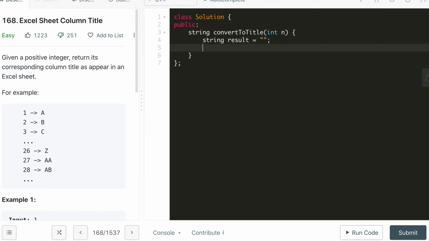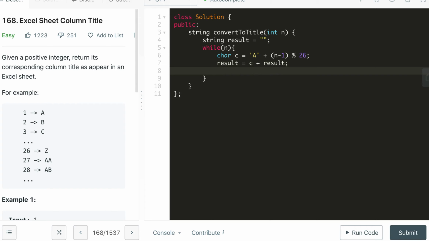So initially the result is empty, and while n is greater than 0, we loop. And finally we will return the result.